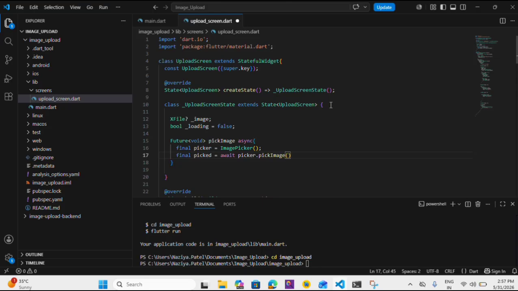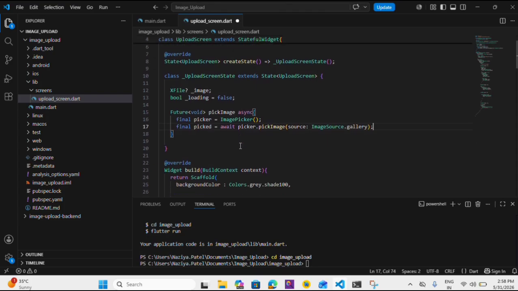and we need to add the source from where you need to pick. So the source will be our gallery, drive, anything. So we will give it as ImageSource.gallery, because for the gallery there is no requirement to add any other thing. Okay, semicolon, Control S. Okay,